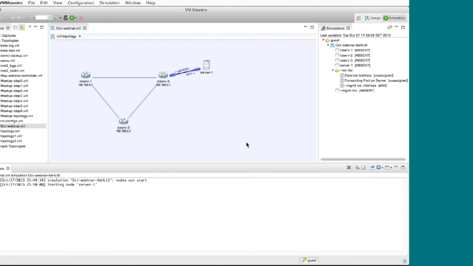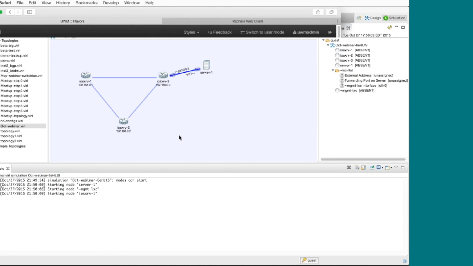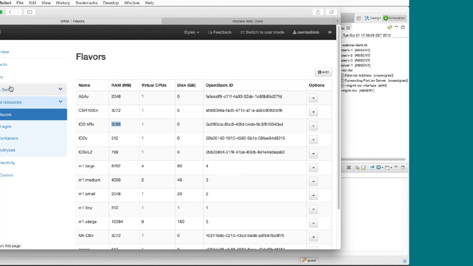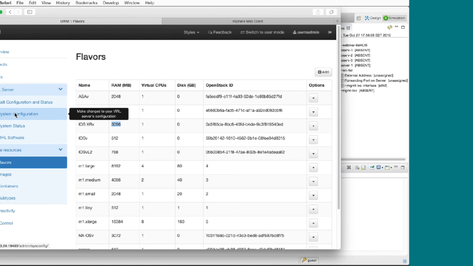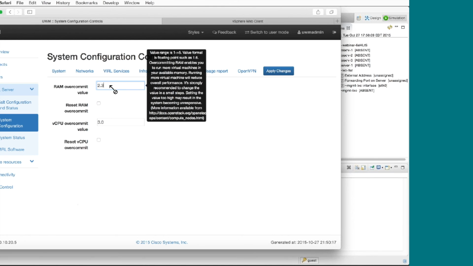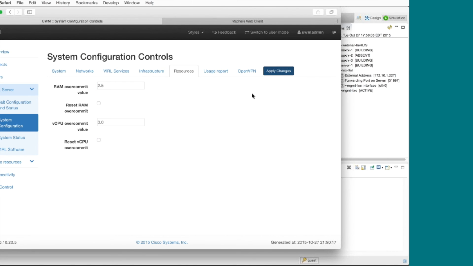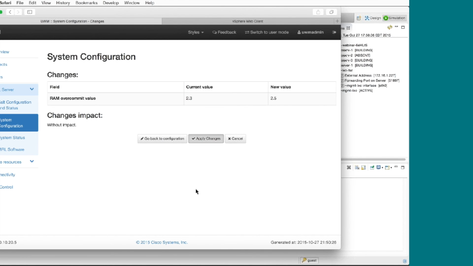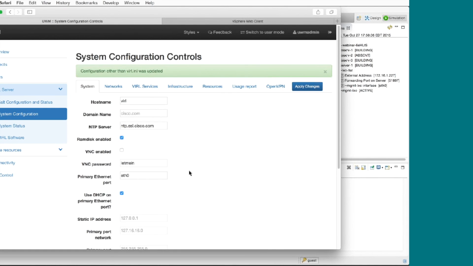maybe not. And as I get to that edge, again, if the current simulation is running fine, I can come back in here to the VIRL server system configuration and go to those overcommit values. As soon as I get a failure, I can switch over to this, make some change here, change it to 2.5 or something, apply that change. There's no need to restart or reset anything. It's evaluated every single time you launch.